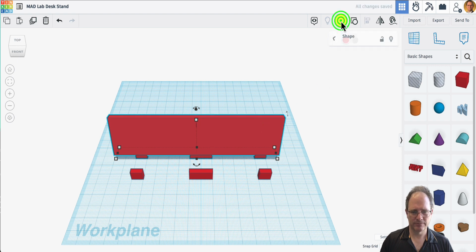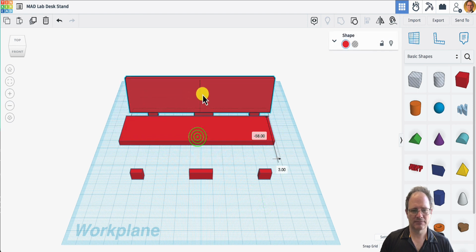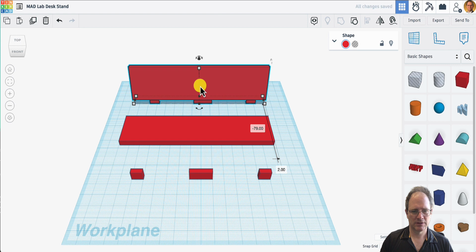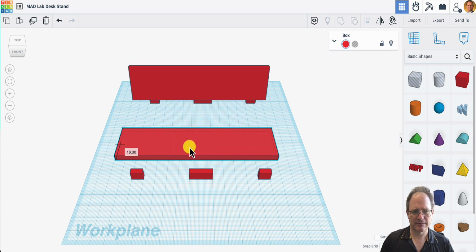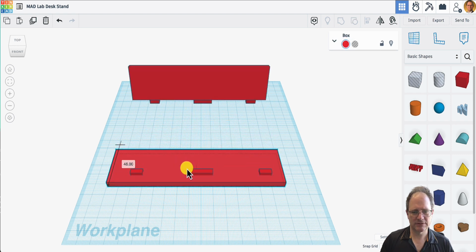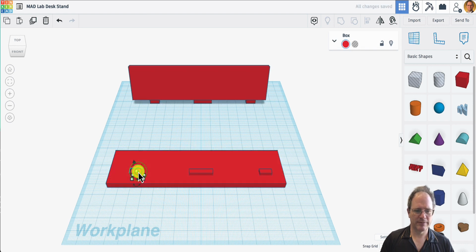So I'm going to group. All right, so now I've grouped it. I can move this guy out of the way. So that's my top shape. And this bottom shape is ready now to be moved into place. So I can go ahead and move it like that. Now, remember, these have to be a little bit bigger. So now I can come over here and I can make this,